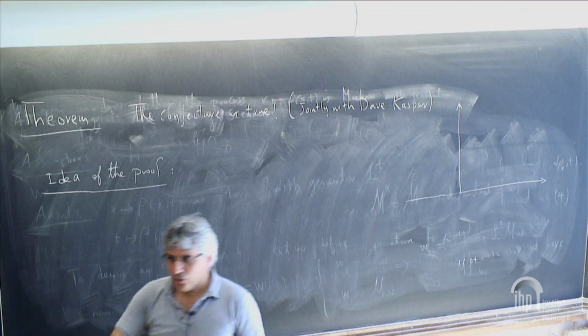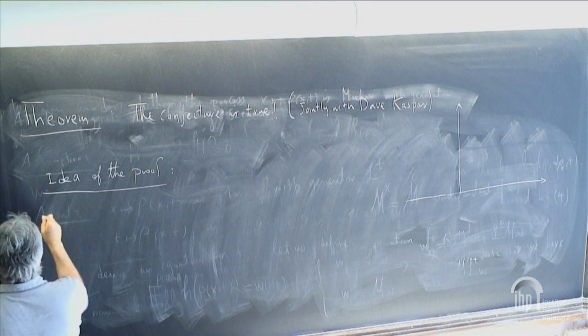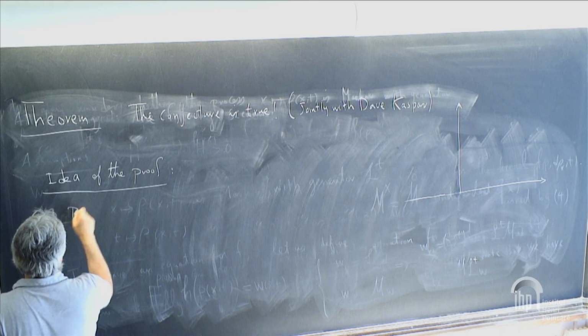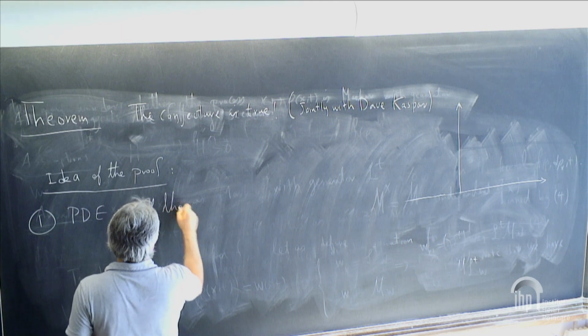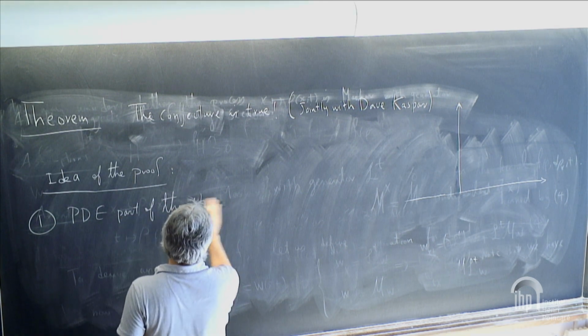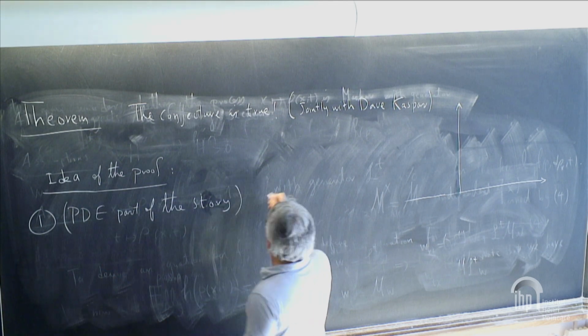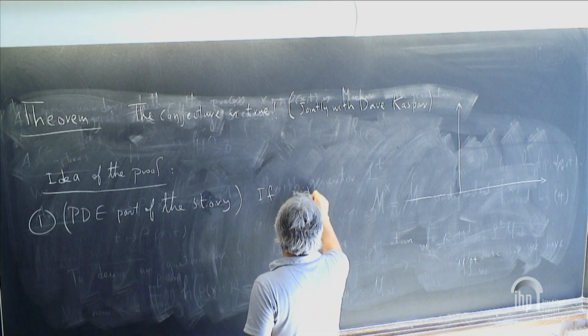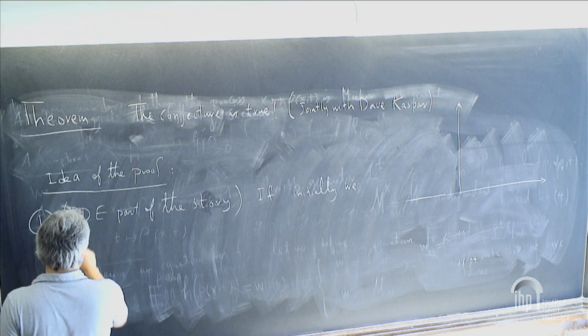So there are two sides of the story. One side is that you basically have a particle system. So let me describe the dynamics of the particle system. That's the PDE part. Okay, so if initially we have a pure jump process,